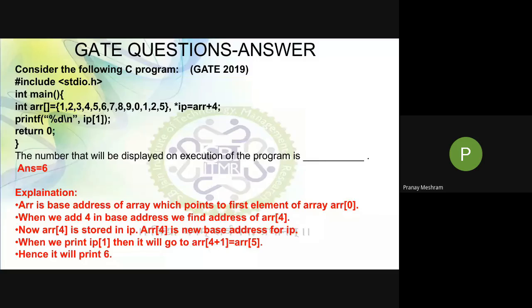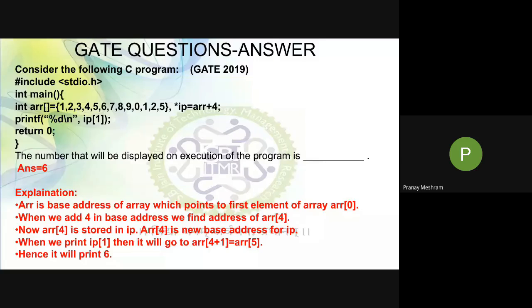हाँ समझ में आ रहा है ना मैं क्या बोल रहा हूँ? आपने एड्रेस को 4 से आगे बढ़ाया, इसका मतलब 4 एलिमेंट से आगे जाएगा वो। तो इनिशियली वो पहले एलिमेंट 1 पे था, क्योंकि बेस एड्रेस दिया आपने उसमें। आपने 4 ऐड किया तो वो 5 पे चला गया। ip अगर आप प्रिंट करते हो, सिंपल ip, तो वो 5 पे पॉइंट कर रहा है। और सिंपल ip का मतलब ही क्या होता है, बेस एड्रेस ऑफ ip।